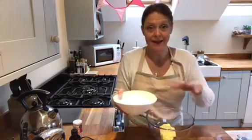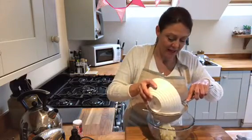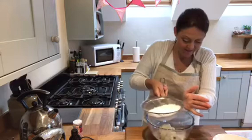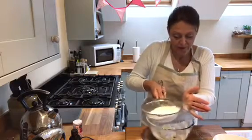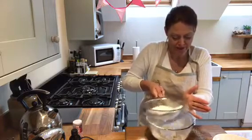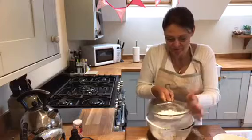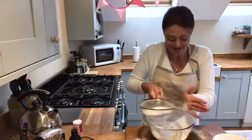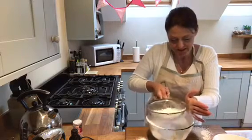Now, whenever you want to make a buttercream, you always have to sift the icing sugar in. If you don't, you'll just end up with lumps. It doesn't take that long. I mean, it is a little extra step, but honestly, I've tried it, and I used to get frustrated why the buttercream was lumpy, but if you use this method, you'll always get it nice and smooth. It's surprising how lumpy icing sugar actually is. So yeah, sift that in,